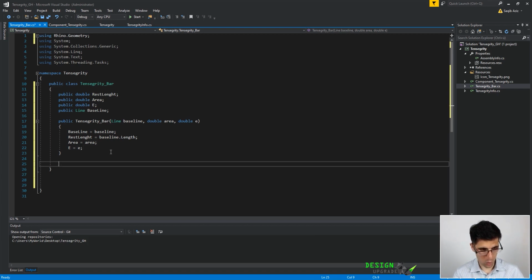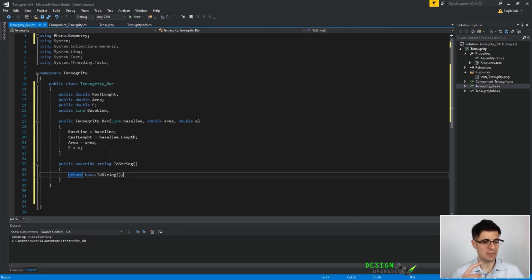So what we are going to do is define public override string ToString. Whenever we call this method, we are going to convert this into a string. So what we are actually doing here is to say, okay, return a string format,